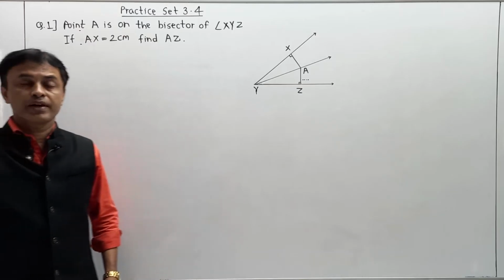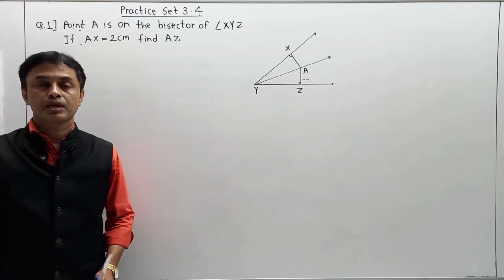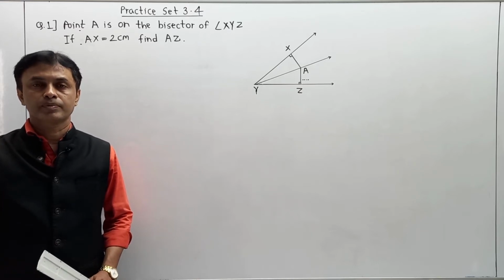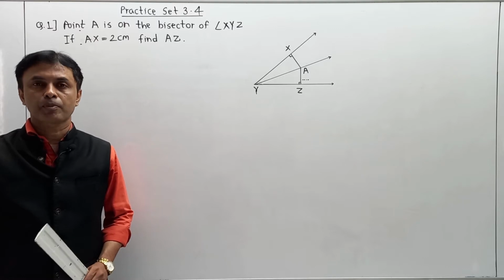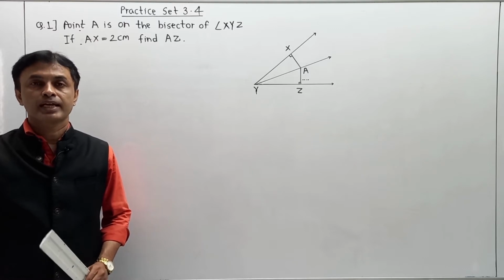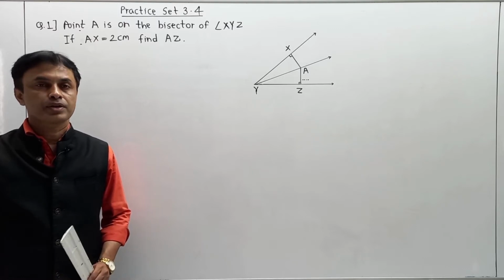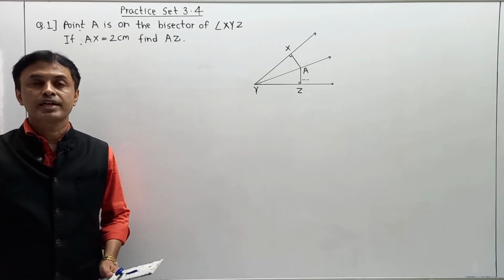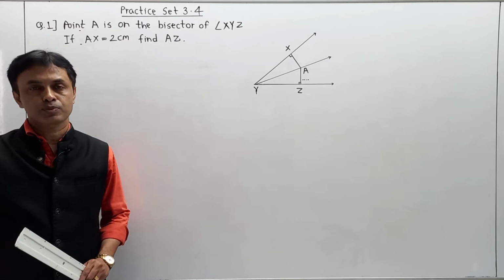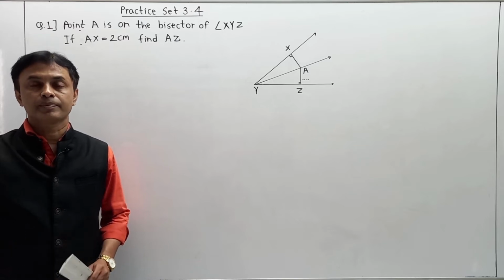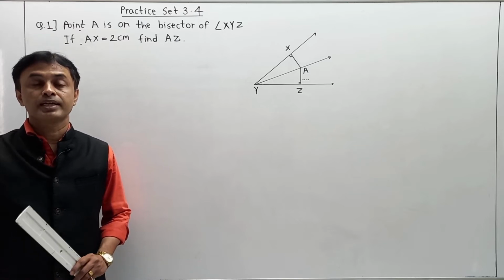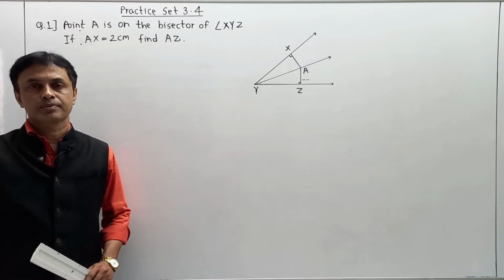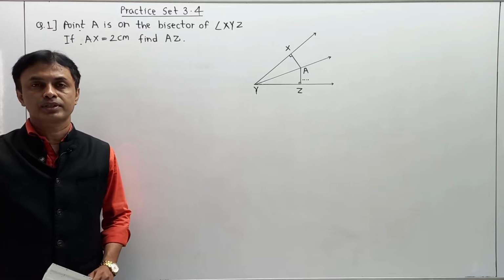Now student, we have completed step by step. First, the perpendicular bisector theorem, then the angle bisector theorem. Then we have completed the properties of a triangle. If a side of a triangle is greater, then its opposite angle is greater. Vice versa, if a side is smaller, then its opposite angle is smaller. And the main theorem: the sum of any two sides of a triangle is always greater than the third side.